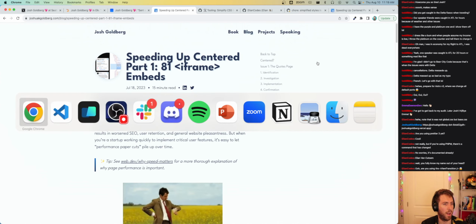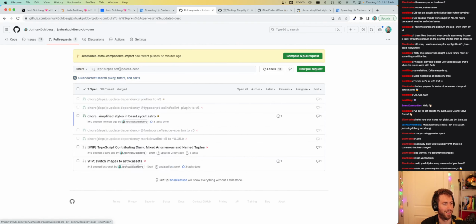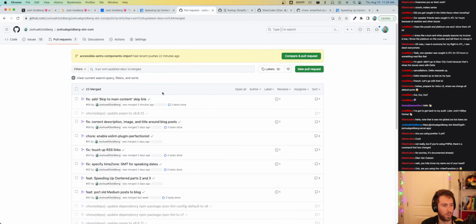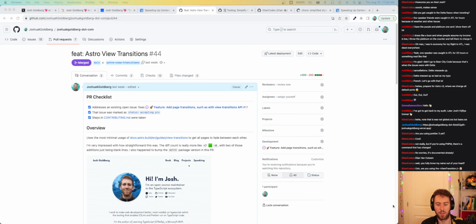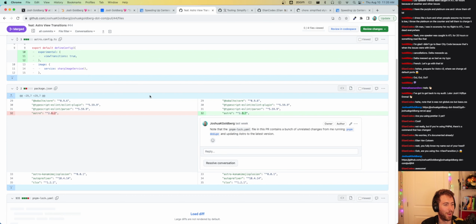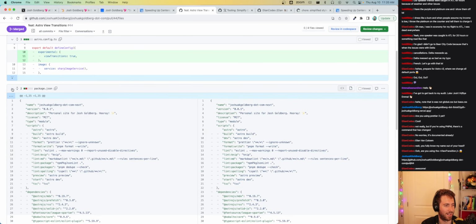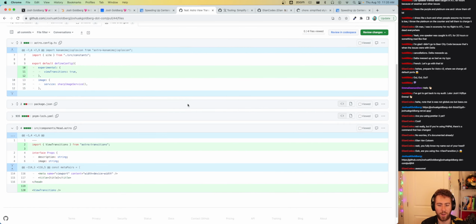The view transition, I'm using it with no customization, just the direct stock experience, and it is real clean and smooth. Where is it? Oh man, yeah, no, it's so nice. Four files changed, and two of them were just so I could bump the version of Astro. That just doesn't even count as part of the PR. So I just enabled the experimental thing for it and then just added the component in a file. It's like one, two, three, four, five lines of code. Awesome.